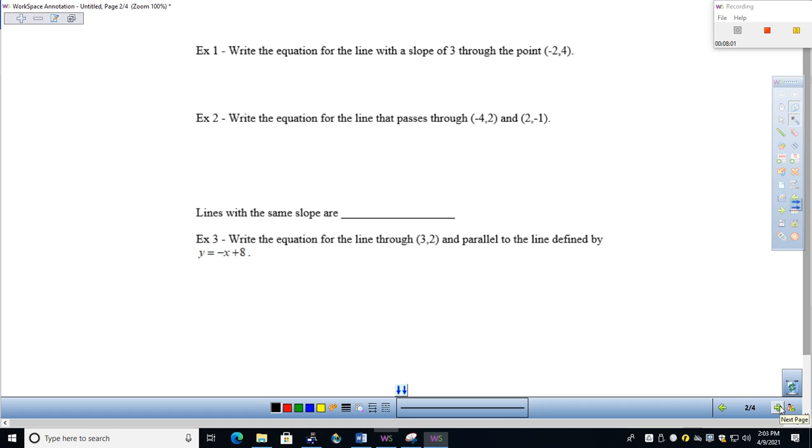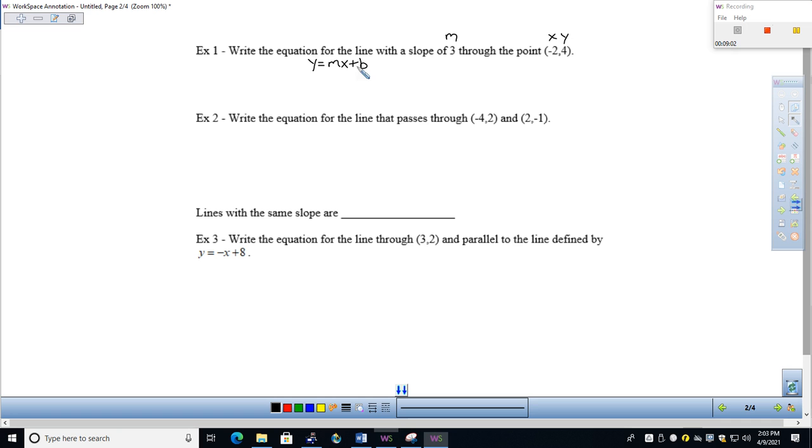All right, so let's get into example 1. It says write the equation for the line with a slope of 3 and through the point -2 and 4. All right, easy enough. When I see slope of 3, and by the way, you don't have to label it, but slope of 3, that's going to be our m value. The point is -2, 4, and that is one of an infinite number of points on the line. So as I think about my y equals mx plus b, which is exactly what I'm going to do right here,